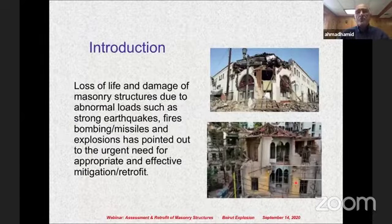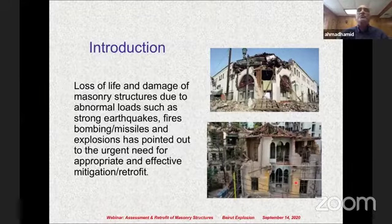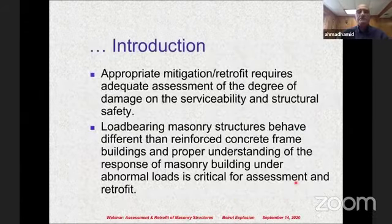As you all know, there is significant damage to unreinforced historic structures simply because of their inability to carry significant loading and their inability to deform without collapse. Load-bearing structures are very unique structures. They are different from reinforced concrete, and